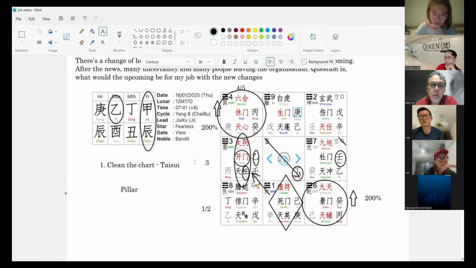And the energy is what? 200%. Which means the combination of box 4, supposed to be partner, rest, and doctor, right? Now we have times 2. So is it better? Much better? So yes, there is a big hope in this box number 4. So somewhere around April, May, plus minus around there. I would say the restaurant will settle down already. Whatever chaotic situation there is will be coming to a stop.